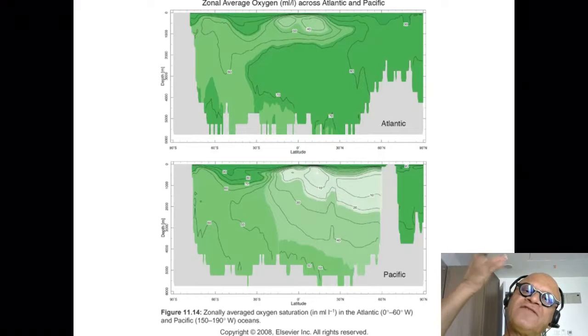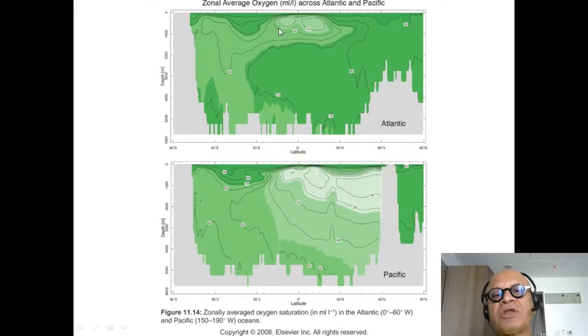The photosynthesis is consumed by the herbivores and the fish that eat the herbivores and so on. So they respire, use up the oxygen. So you get an oxygen minimum zone at about 1 kilometer. And then oxygen increases again because of this deep water circulation, bringing near surface high concentrations. Look at this one here, 40 milliliters, 50 milliliters per liter, and this is 70 to 80 milliliters per liter.